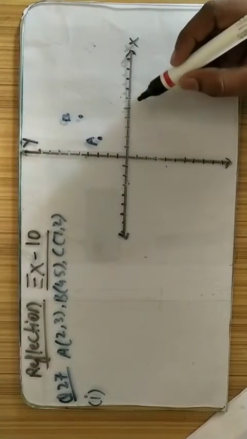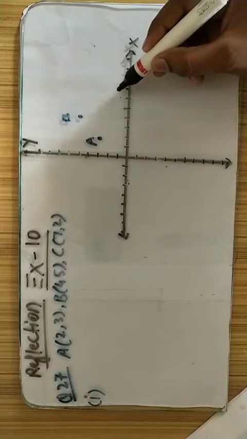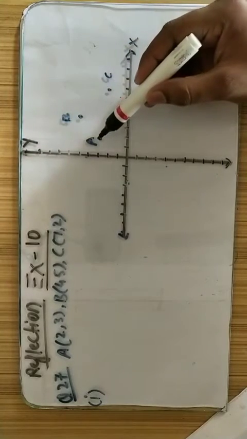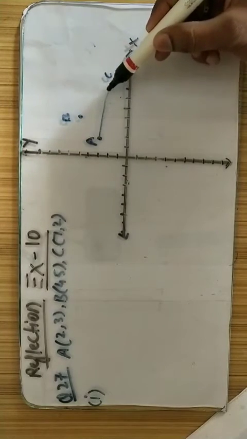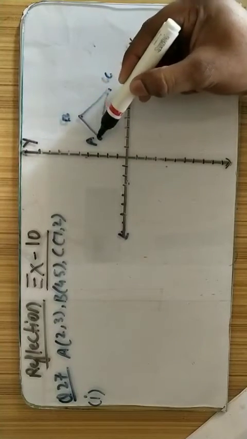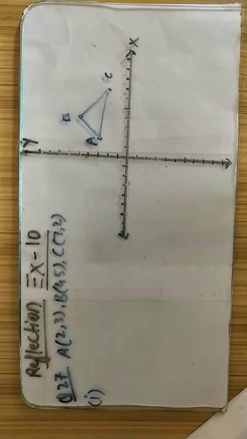Right? And then C (7, 2). So X is 7: 3, 3, 6 and 7. And where will 2 be? Here will be 2. This is C. And when we join with the help of a scale, we get a triangle which is ABC. Right? Now coming to the first point, he is asking, write down the coordinates of A1, B1 and C1 if